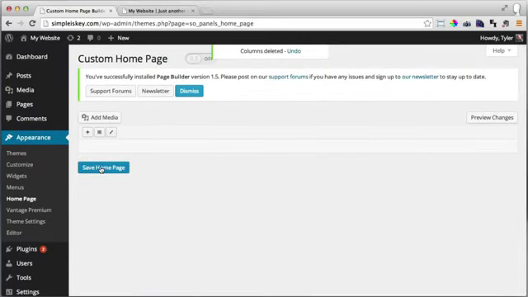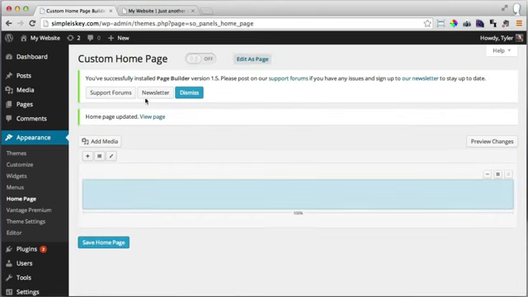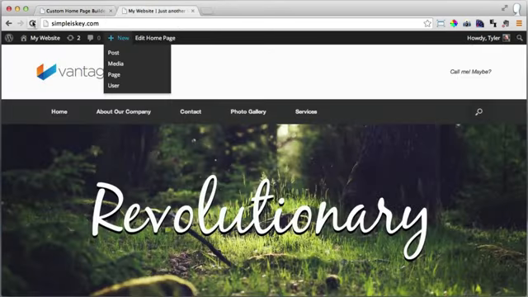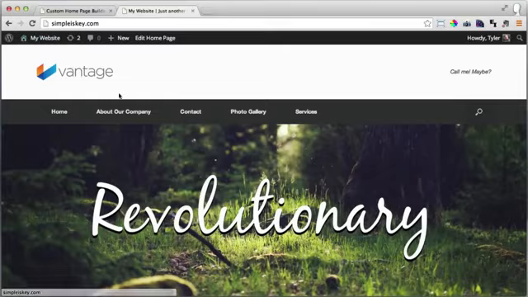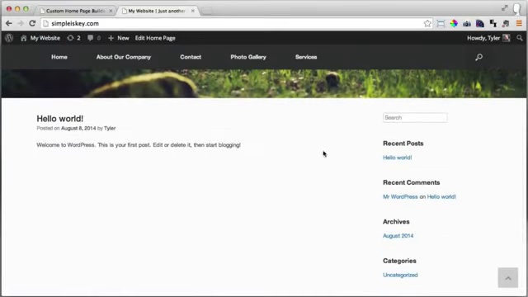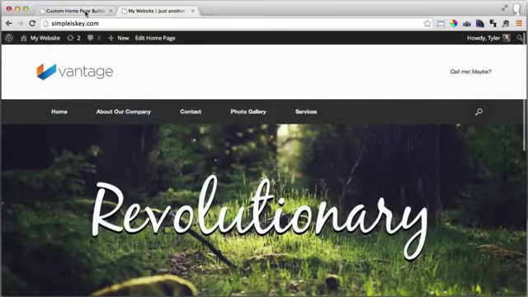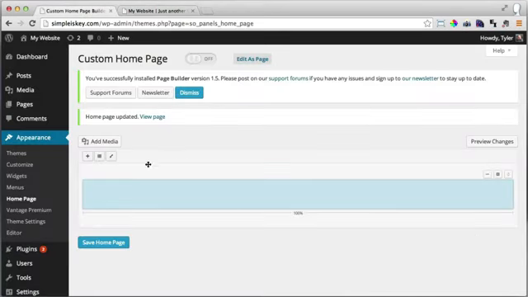Alright, once we do that, we can save homepage, and we can refresh our page to make sure that nothing's on it. So yeah, nothing on it. Alright, now let's start building it. To build it, let's press add widget,